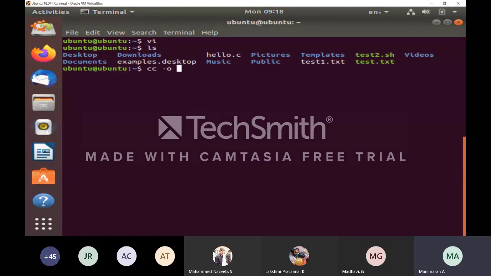Followed by that, we can type the output file. The output file I am typing is welcome, then one space. What is our actual file name? hello.c. So what I have done here: hello.c is my input file. That file I have to compile by using cc. Then the output I have to store in some other file. That file name is welcome. For representing the output file name welcome, before that we have to use minus o, which represents output. Now I press enter.